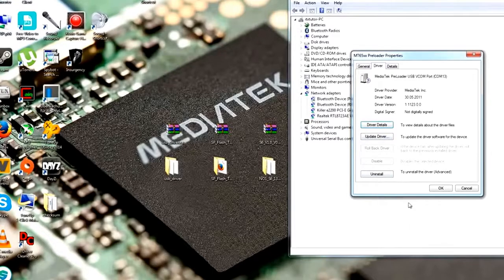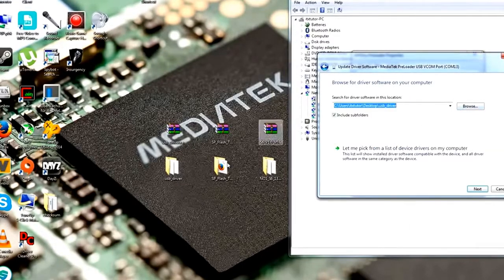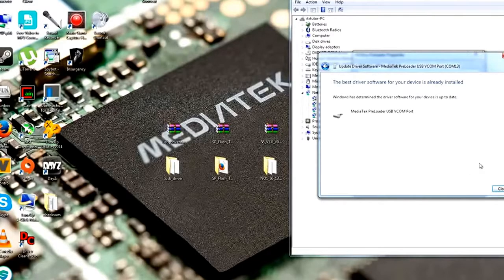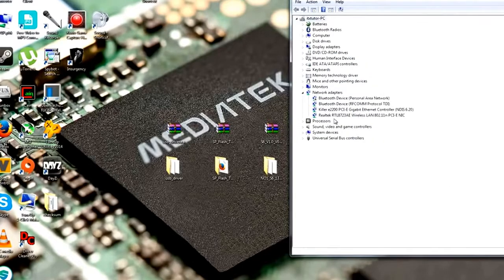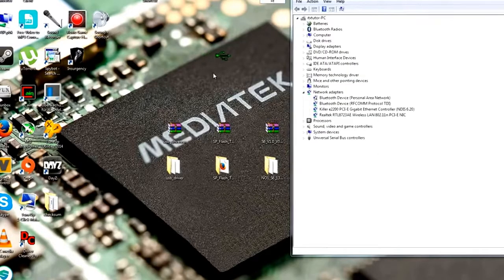And after this you have to go to browse my computer for driver software, and then you have to go to have disk and then just point to the folder which is on your desktop which contains all the drivers. But the driver is already installed on my system, so this is why I don't have to do it right now. And if you have problems because the MTK preloader is not showing up, try a different USB port or